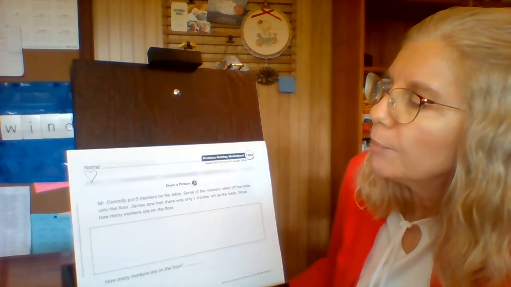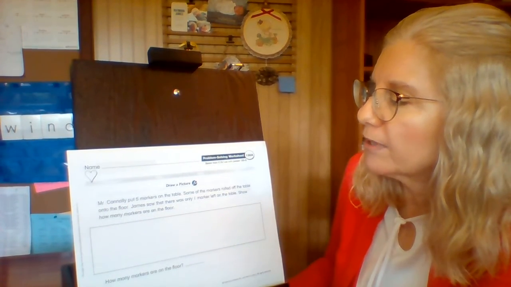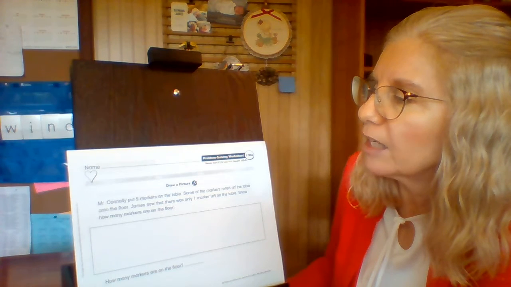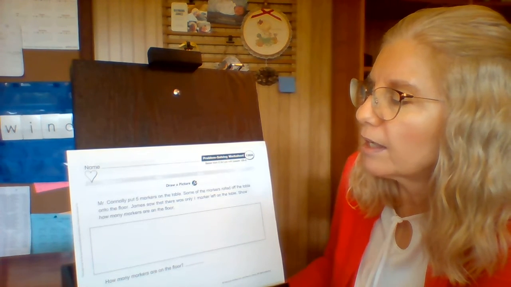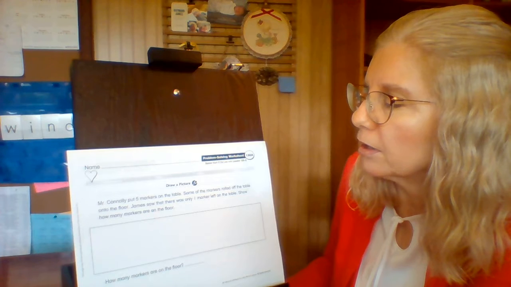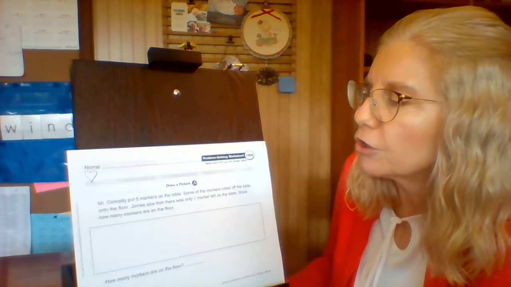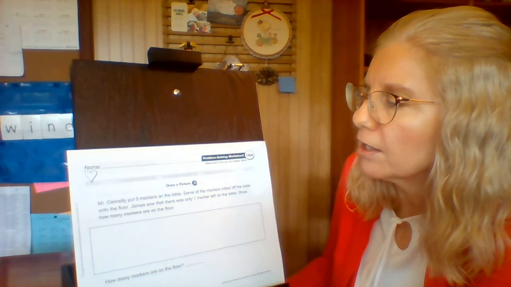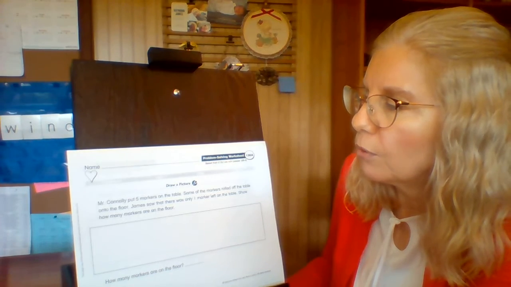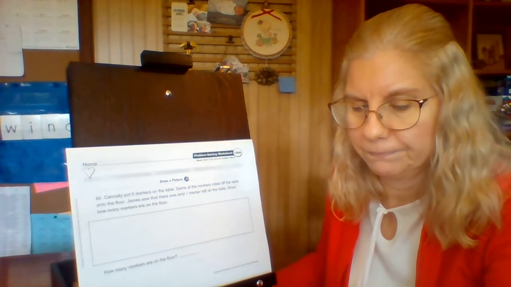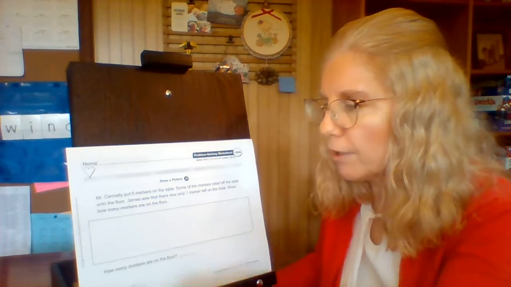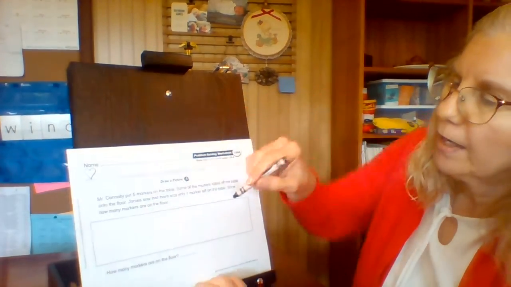Mr. Connolly puts 5 markers on the table. Some of the markers rolled off the table onto the floor. James saw that there was only 1 marker left on the table. Show how many markers are on the floor. So you want to draw the table first. So you can make it look kind of like this,